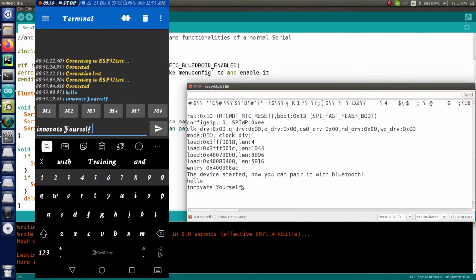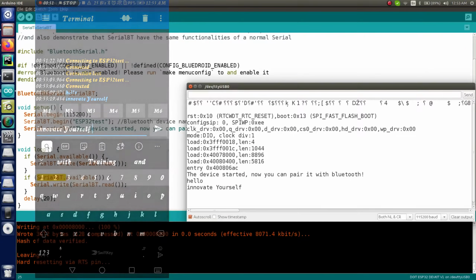So this is what exactly we are doing, but this is not the final task, right? We have to display this message onto the OLED display, right? So for that, what exactly we have to do is update the program which you are able to see onto your screen. We are not going to use it right now, right?